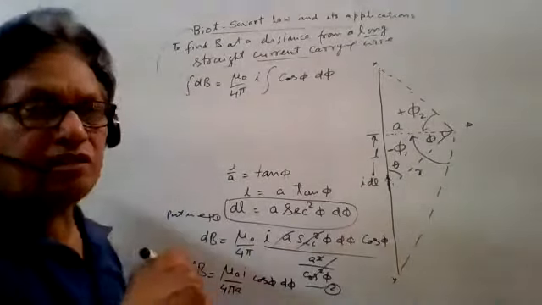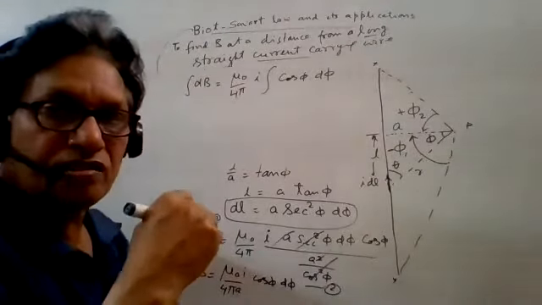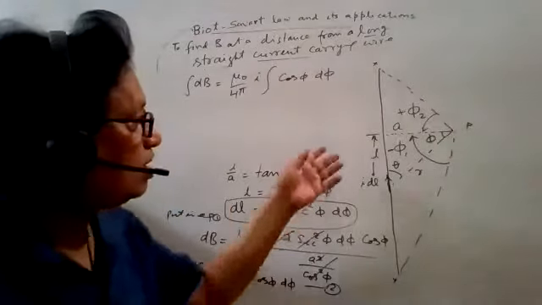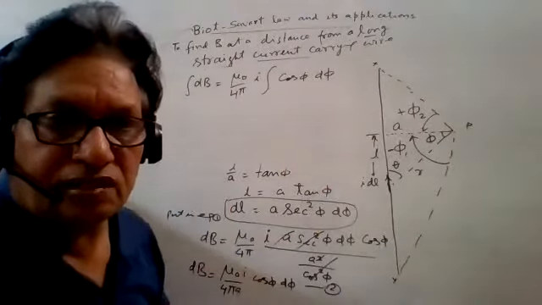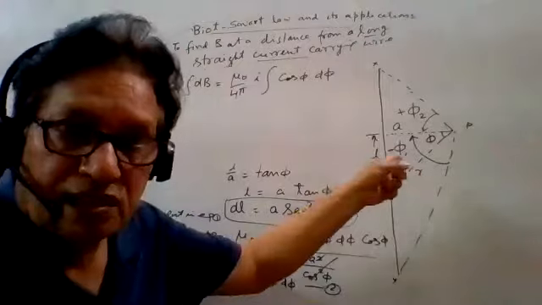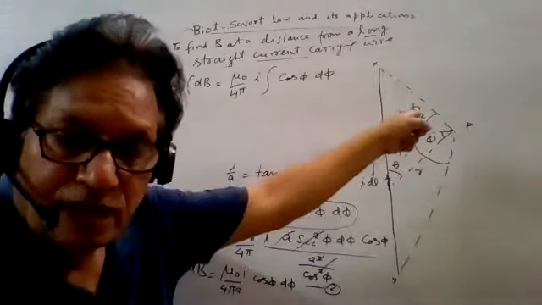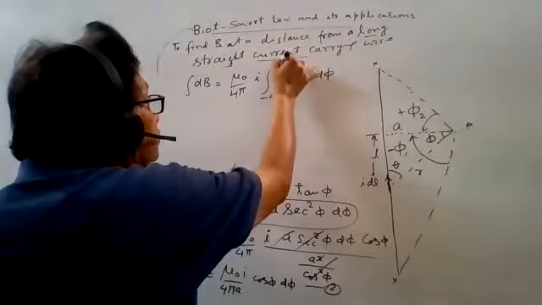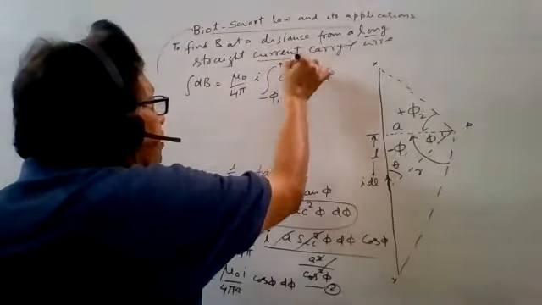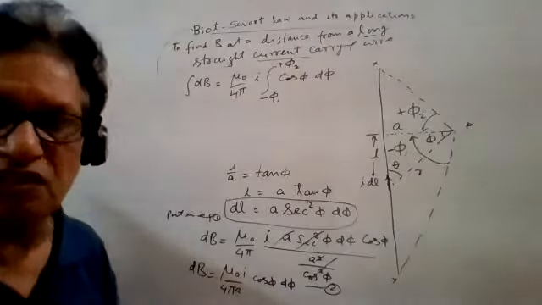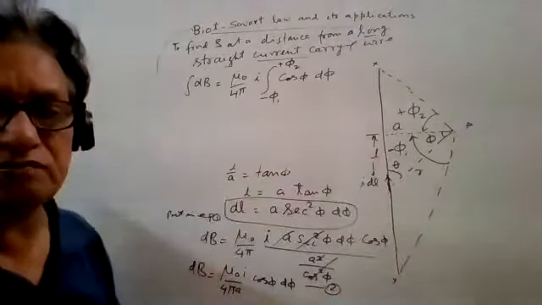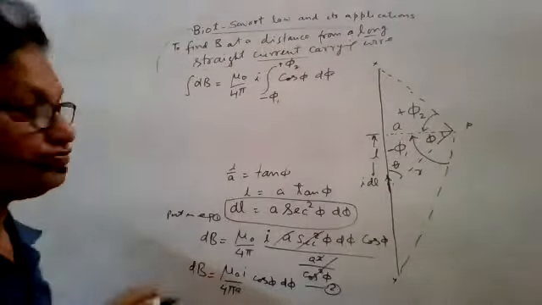So what should be the limit? Kunal, Shikhar, Gautam, Adit, I can see you. You tell me what should be the limit here? I have written here from minus phi 1 to plus phi 2. So the limit should be minus phi 1 to plus phi 2. This should be the limit. In the limit, any doubt? We have taken minus phi 1 because of the clockwise sense, and plus for anti-clockwise.